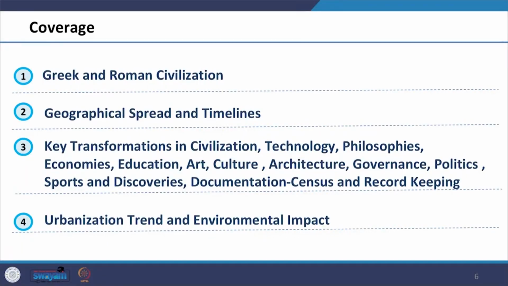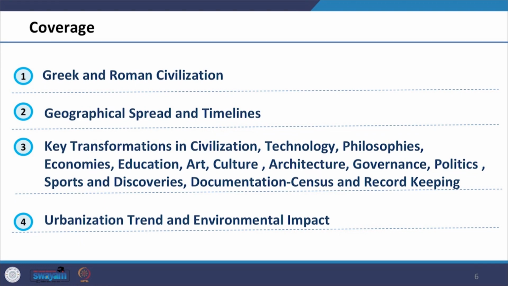In this, we shall review the geographical spread, timeline, key cities in this period. We will look at key transformation in these periods. We will look at key characteristics and elements of spatial planning in these ancient cities. Accordingly, the coverage would be,